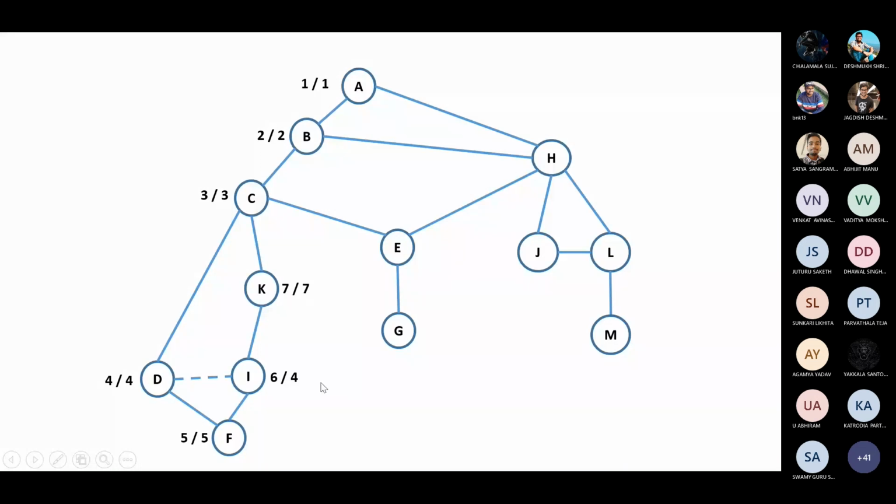Then I encountered KC as a back edge, so its low is basically the minimum of its low value and the discovery value of C. So minimum of low value of K and discovery of C. So it is updated. Now while backtracking through this edge,